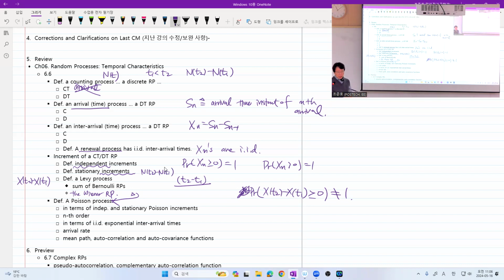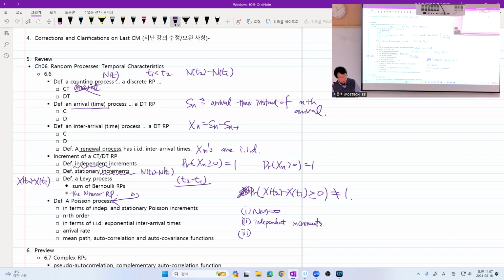The first one is that we have first N of 0 equals 0. And what is the second one? And what is the third one? No arrival. That is not that important. What was the second one? Independent increment. What about stationarity? Stationarity can be,